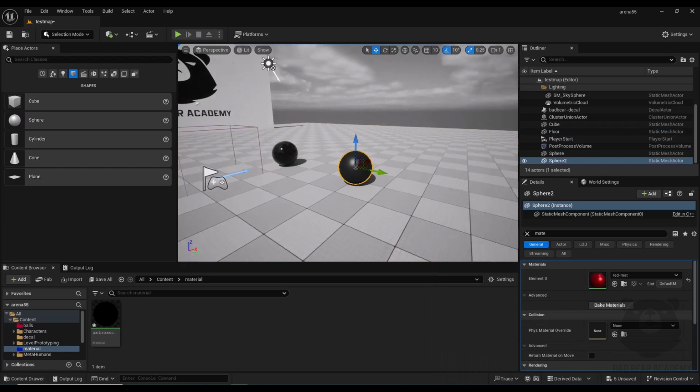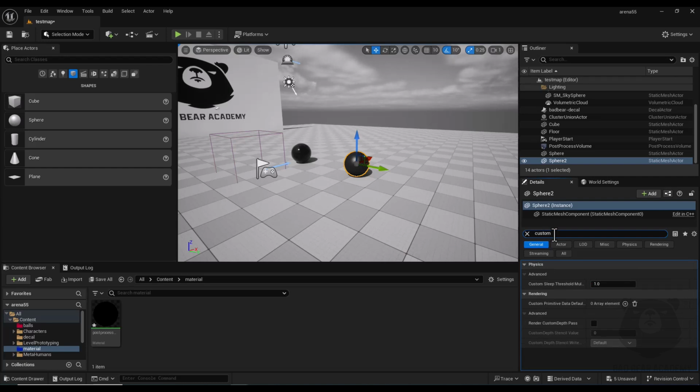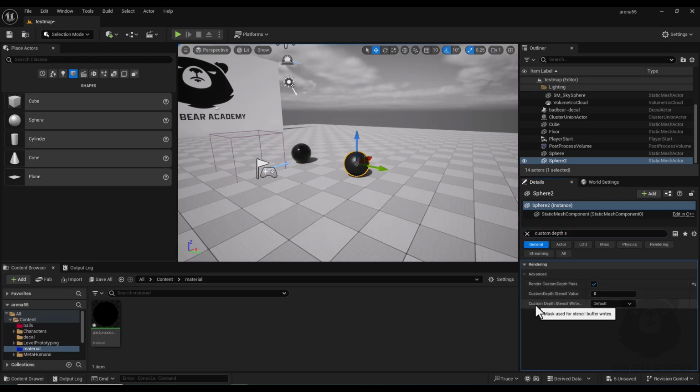I select one of the objects that I want to be colored, and here I search for custom depth stencil value. First I should tick this render custom depth pass and here I set custom depth stencil value to, for example, 1. Okay, now I go back to